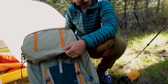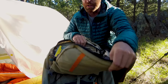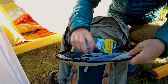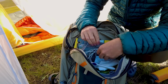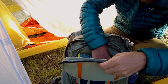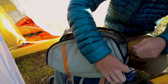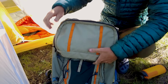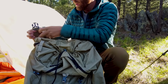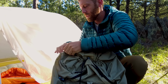Yeah. And then your typical lid that has quite a bit of storage capabilities. So I've got my map, I've got my snacks. You know, you can separate my ditties, little chargers, toilet paper, toothpaste, stuff like that. And this is also detachable, so I can go for a little day hike. Oh, you got a day pack, nice. Yeah, so I can just throw these buckles on, make it a fanny pack, and detach that with just a couple of clips,